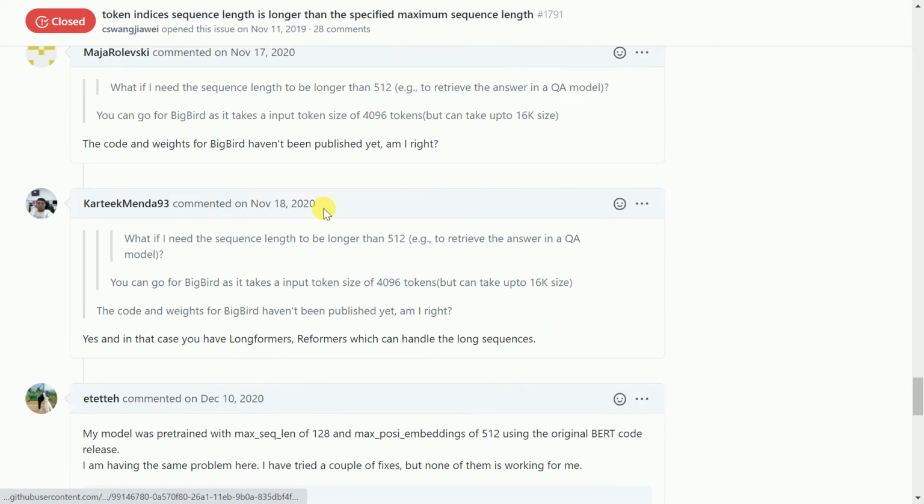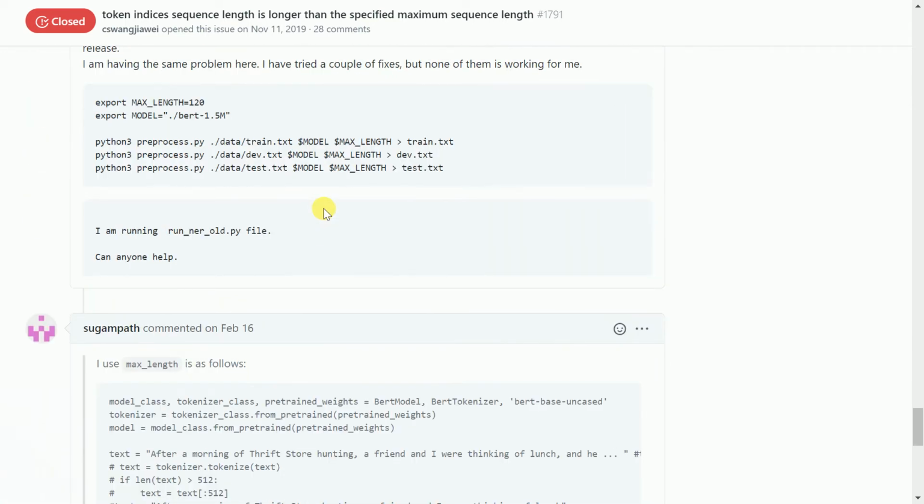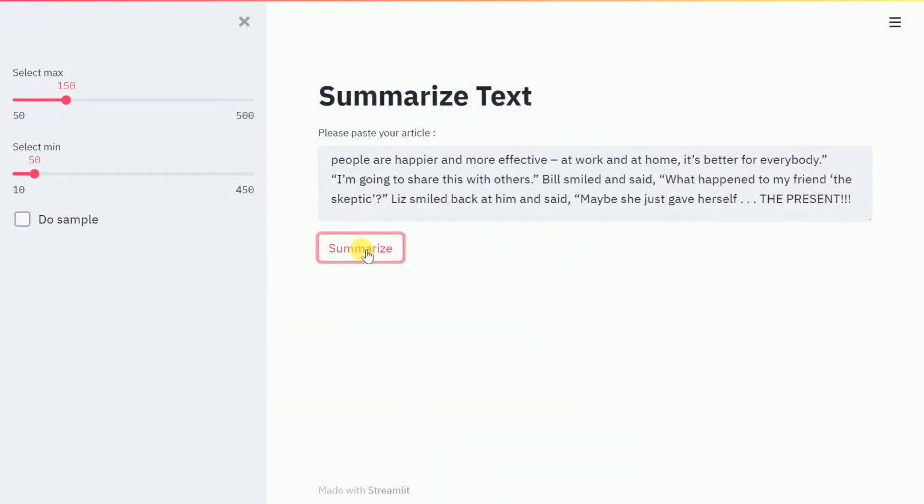Let's jump back and look at the web application. This entire process will take a while depending on how fast your machine is. I am currently making use of GPUs to make an inference.